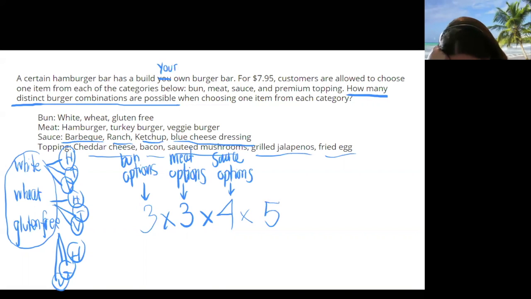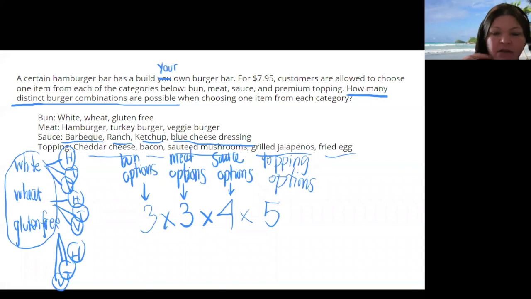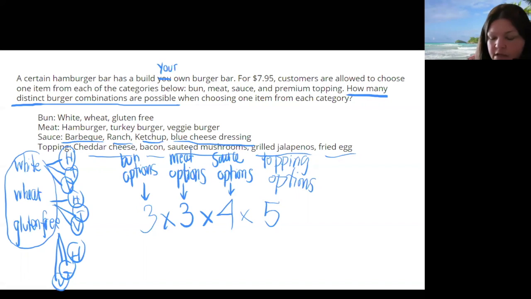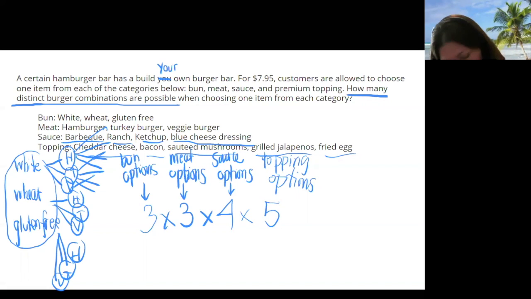5 topping options. And you can see why I said if we tried to do this in a picture, a tree diagram as they call them, oh my dear Lord, it would be as messy as could be. No wonder Stephen would be confused. Way easier to just multiply by your number of choices here. Notice it's not adding, it's multiplying, because off of each one of those, like off of this hamburger option here, then I would bring off 4 more sauce options and 4 more and 4, and we just keep multiplying each time. Okay, so 3 times 4 times 5 gives us a whole lot of possible burger combinations, 180 distinct burger